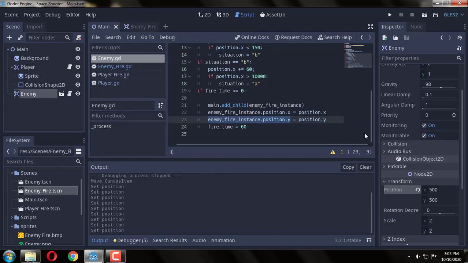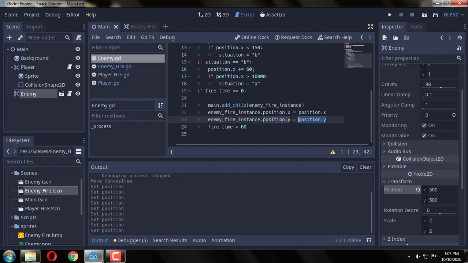The enemy fire gets the same value as the enemy ship's position y. If you don't attach any game object here, it will get the position of the object the script is attached to. So it gets the enemy ship's position, as this script is attached to the enemy ship,